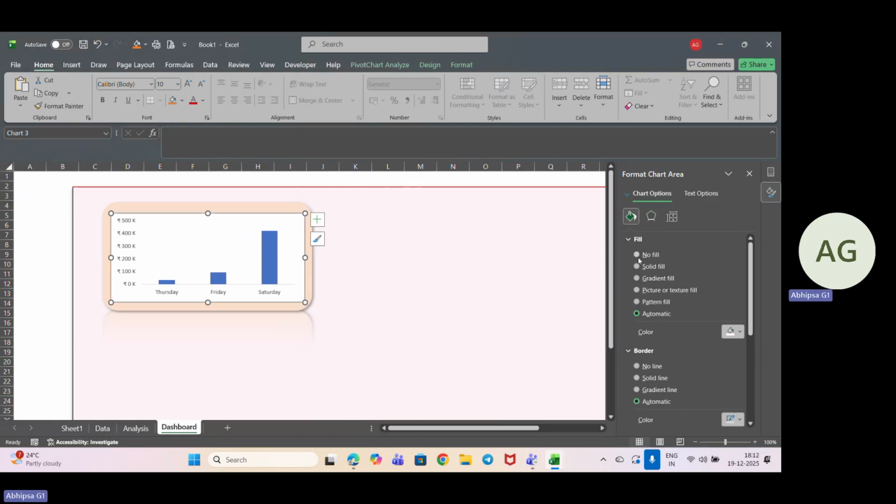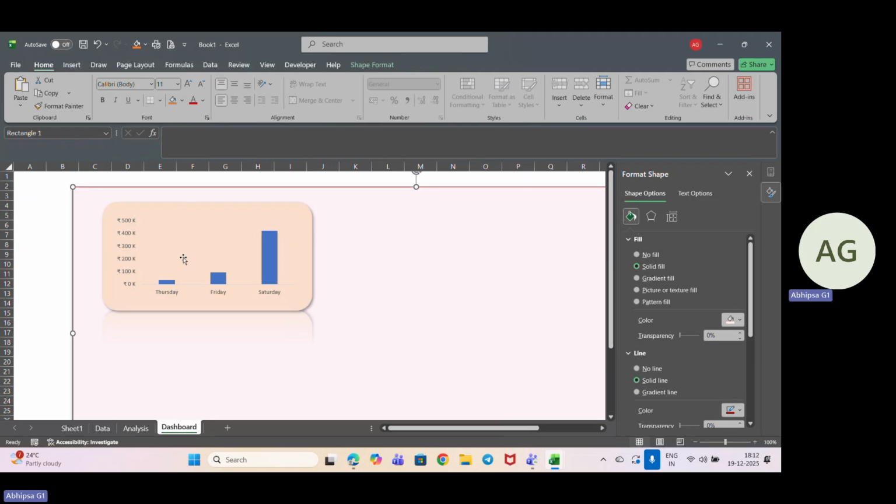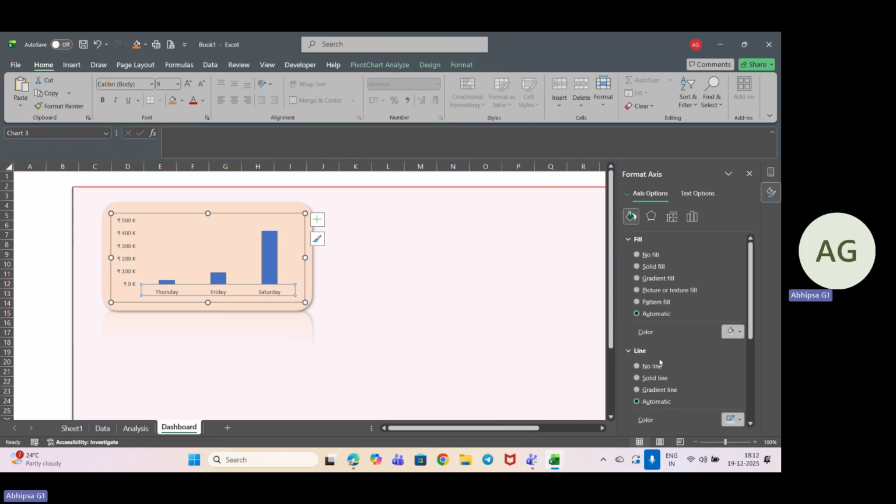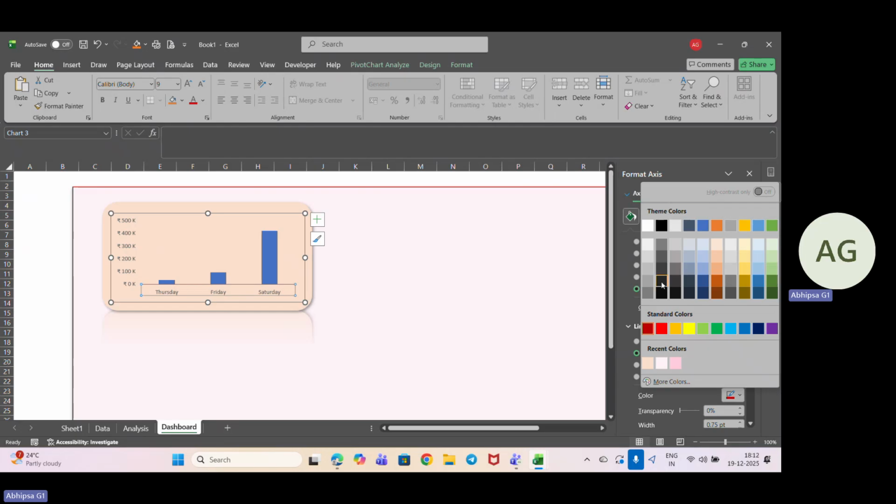Format chart area, I want no fill. I want this color only, no lines also. So this is how it will look. Also, I want here a black line to get it better. So the line, I want a solid line and I want the line to be this color,